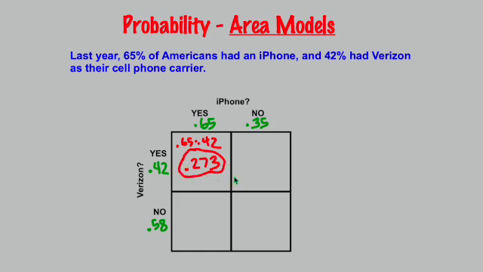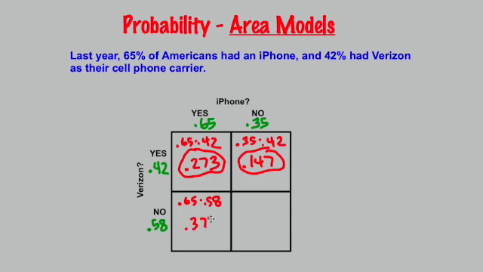So that would be the answer if we want to know what percent of people had an iPhone and Verizon. Over here, we're going to multiply 0.35 times 0.42. So if you grab your calculator and try that, you should get 0.147. And then we're going to keep going here. Down here would be 0.65 times 0.58. And you don't necessarily have to show your work all the time in here, but I'm just doing it now to show you what is actually happening on the calculator. When I did that, I got